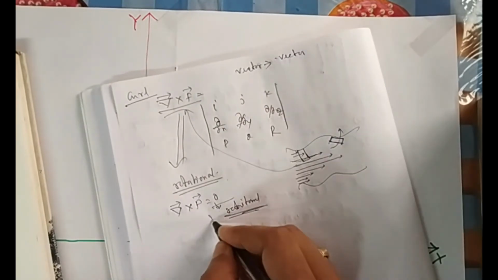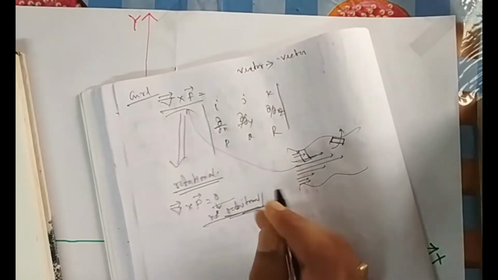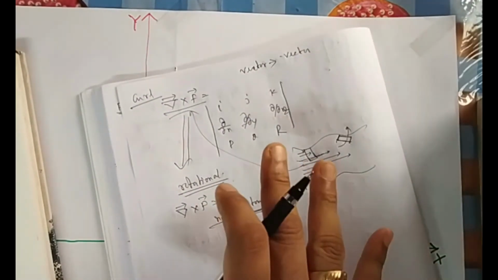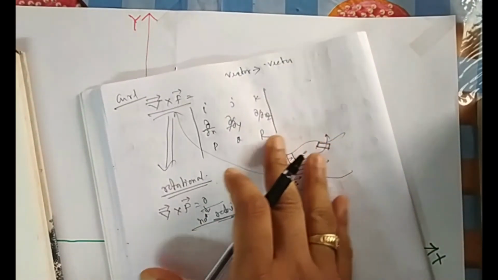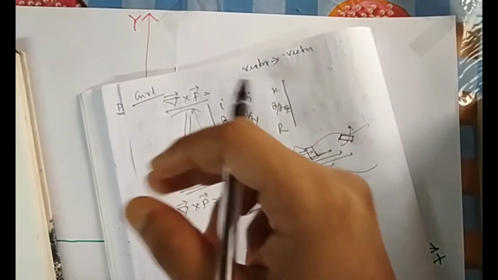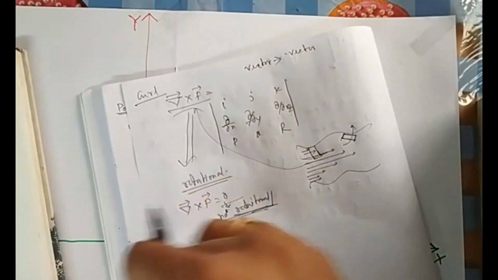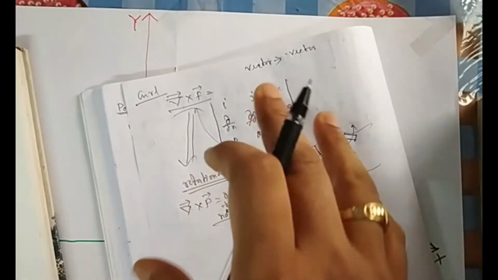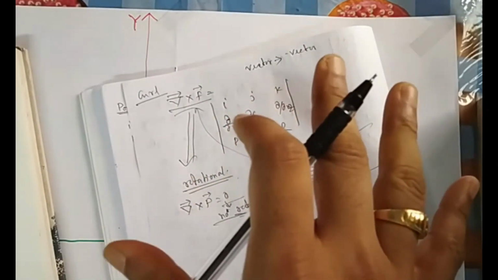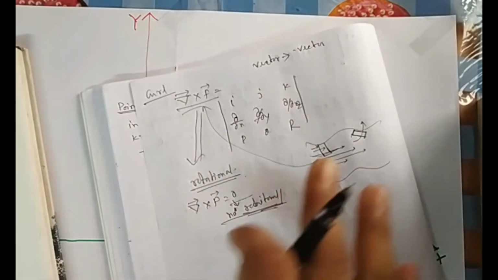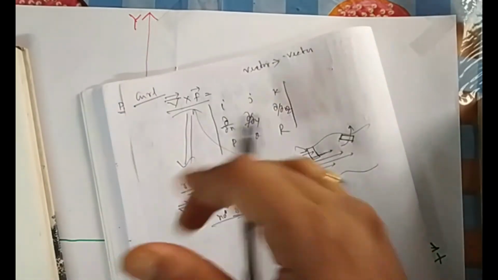Equal to zero, then no rotational effect, no rotation. That field doesn't give any. If you stand at that field, if you sit on that field, or if you go through that field, that field will not rotate you. You can feel it with a hurricane forming, the flow of air. Air is flowing. If the curl is zero, then there will be no hurricane forming. If the curl is not zero, then there will be a rotation effect.